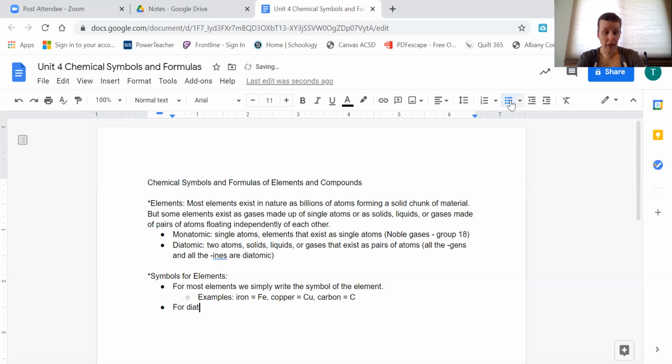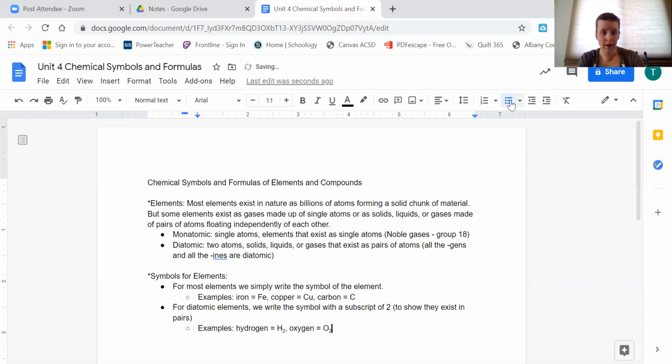For diatomic elements, we write the symbol with a subscript of 2. Okay. This is to show they exist in pairs. All right, so here's all of the diatomic elements. Hydrogen, it's going to be H2. Okay. Oxygen,